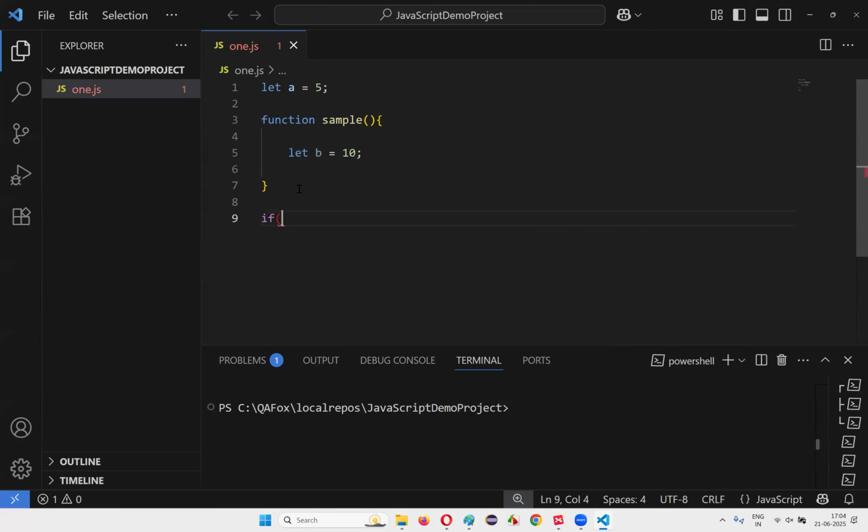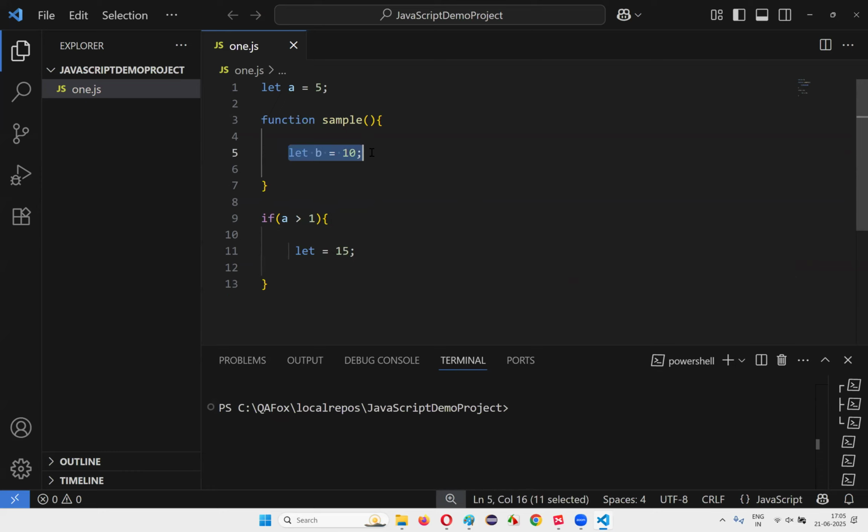If a is greater than 1, here I'll write let c is equal to 15. Like this, if I create,